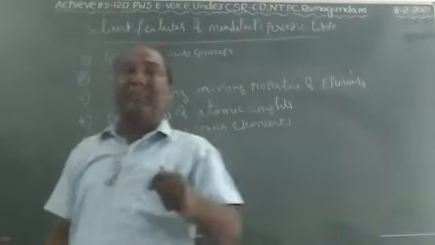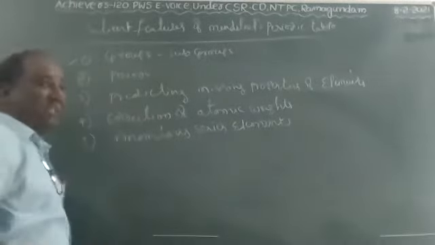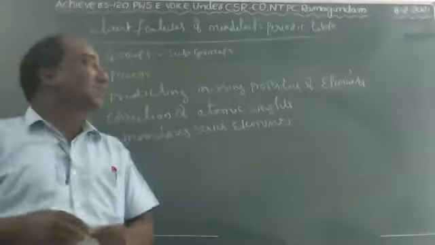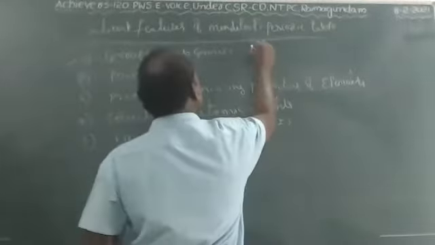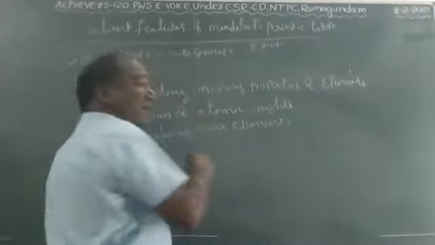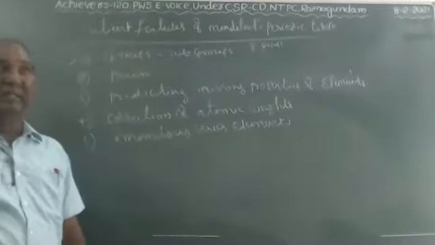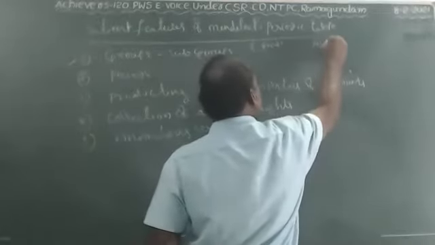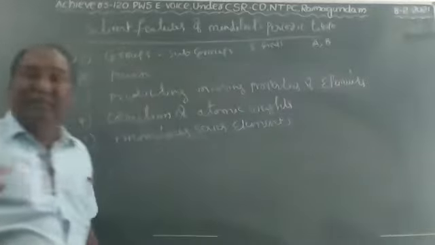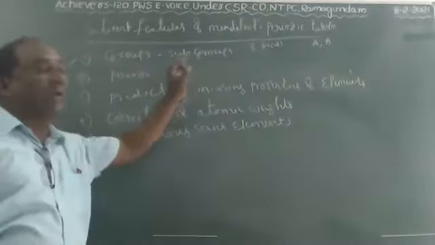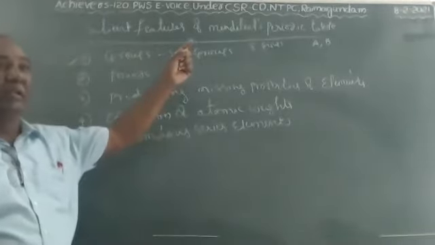Very important topic it is. So let me see the first one, groups and subgroups. Already we know that Mendeleev's periodic table consists of 8 groups and every group consists of subgroups. These subgroups are considered as A and B. For example, every group consists of subgroups, which we consider as A and B.